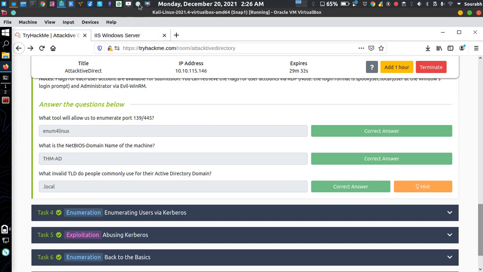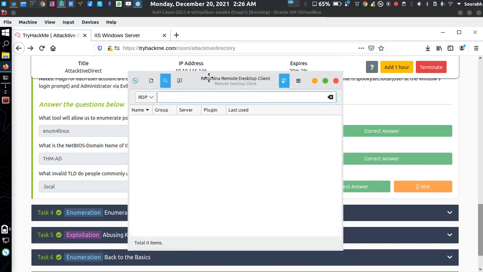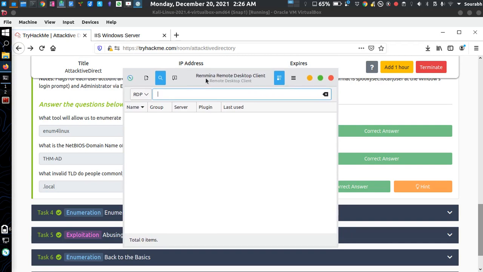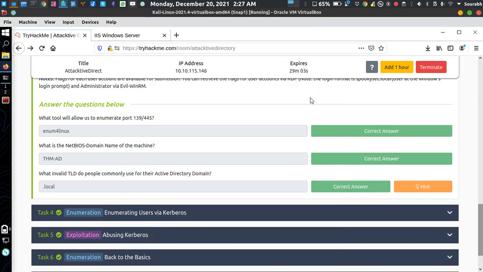For example, I'm using Remmina. This is an RDP client provided by the Linux community. So we generally have VNC, SSH, and RDP. RDP for Remote Desktop Protocol, which is on port 3389. SSH for Secure Shell on port 22. And I don't know about VNC yet. I'm going to learn about VNC soon, but it is some sort of modified RDP, I think.